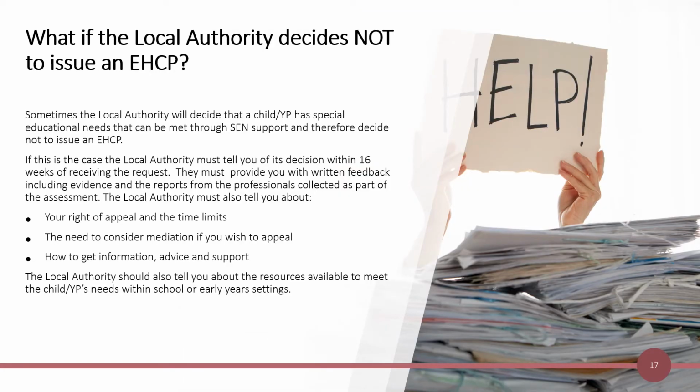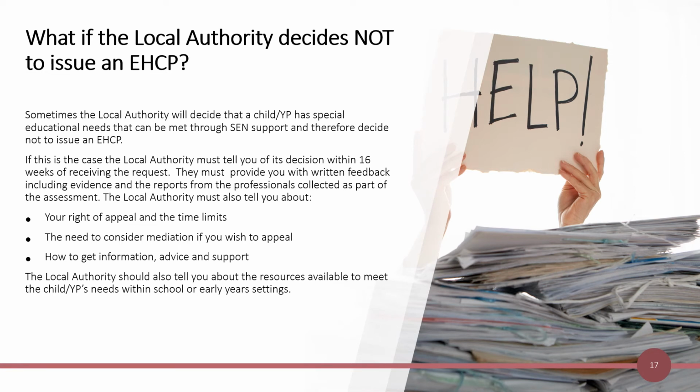What if the local authority decides not to issue an EHCP? Sometimes the local authority will decide that a child or young person has special educational needs that can be met through SEN support and therefore decide not to issue an EHCP. If this is the case, the local authority must tell you of its decision within 16 weeks of receiving the original request. They must provide you with written feedback, including evidence and the reports from the professionals collected as part